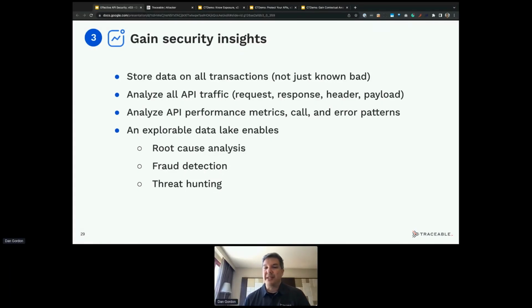Being able, again, to look at the metrics, to call out error patterns, there are signals that can hint us off to other interesting things going on that need more investigation, or that may be indicative of other problems. It's also a data point, a signal that an AI can take and look and see, every time this goes up and that goes down, we see this attack happening, right? So the AI will learn from that. Again, the more data we feed the AI, the smarter it becomes at being able to recognize the problems. And all of this for us is in a data lake that is explorable, and that's what enables root cause analysis and fraud detection and threat hunting. So let's actually go take a look at that.